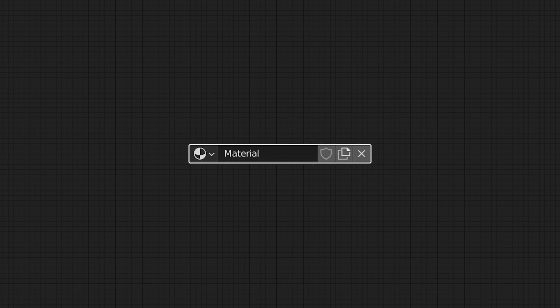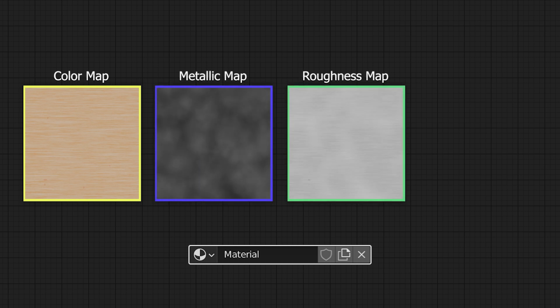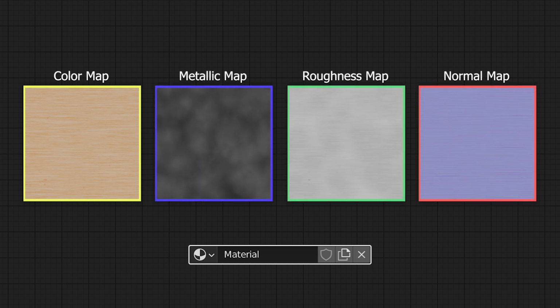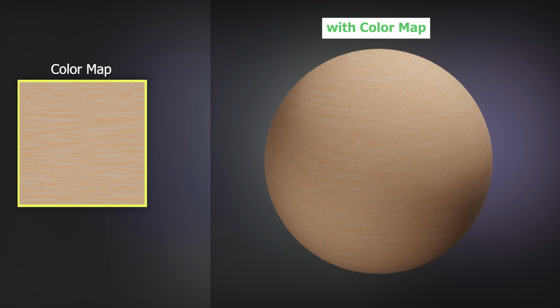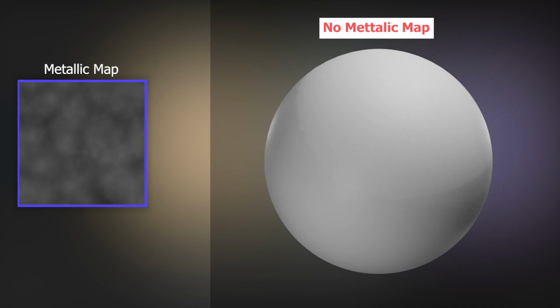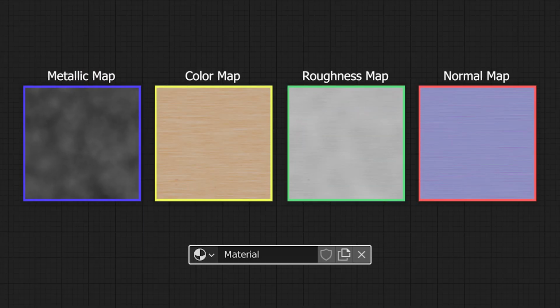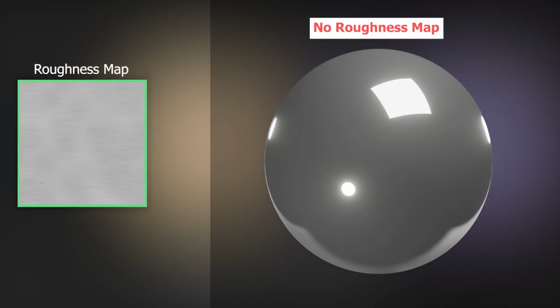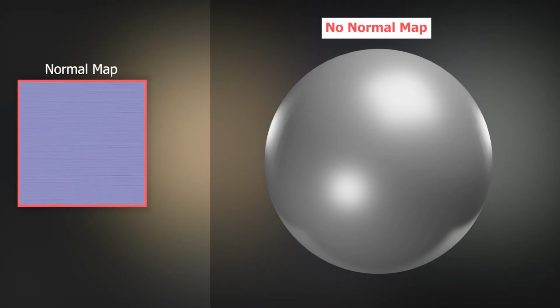If we consider a normal material, it consists mainly of a color map, a metallic map, a roughness map, and a normal map. These maps give various details required for the material. A color map gives the desired color details for the material. The metallic map provides information on metallic and non-metallic areas of the material. A roughness map describes areas where the material should be rough and non-rough. A normal map gives the details of the height and depth areas required for the material.